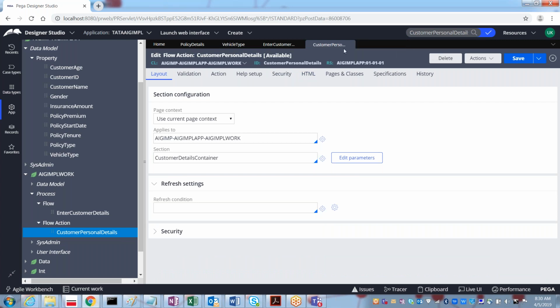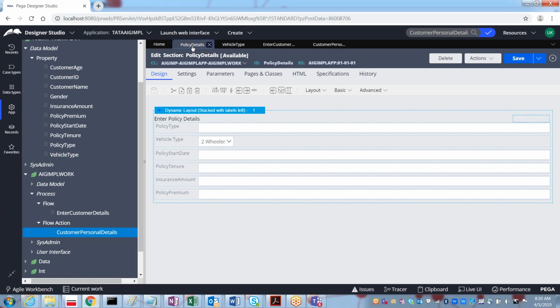Okay, now for the policy details we created this section. Now to place this policy details section from the flow action, do we need to have the container section? I explained you clearly why we created the container section in this.